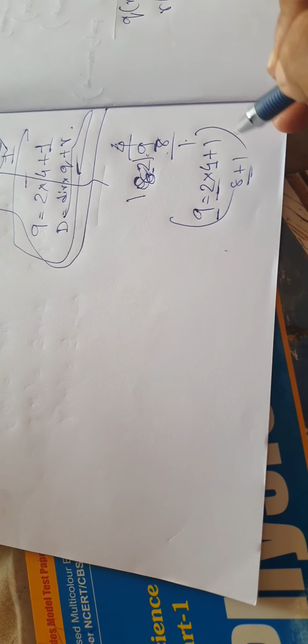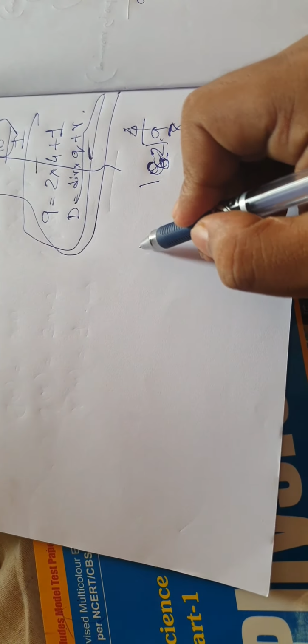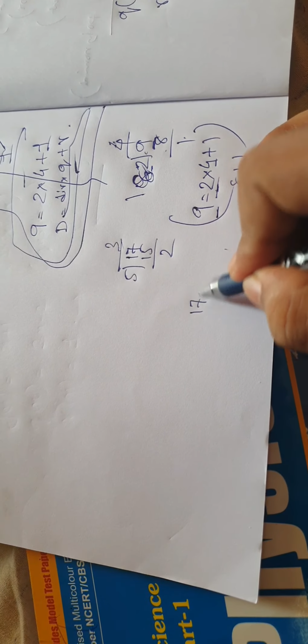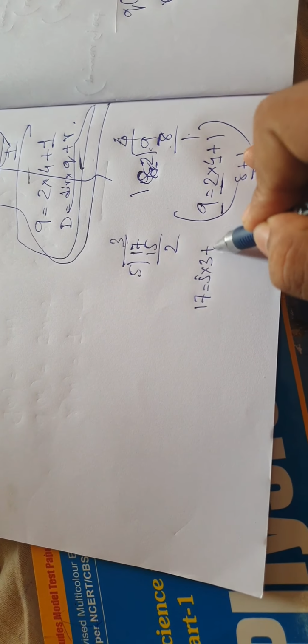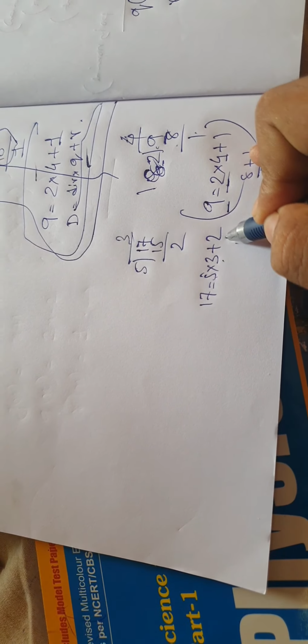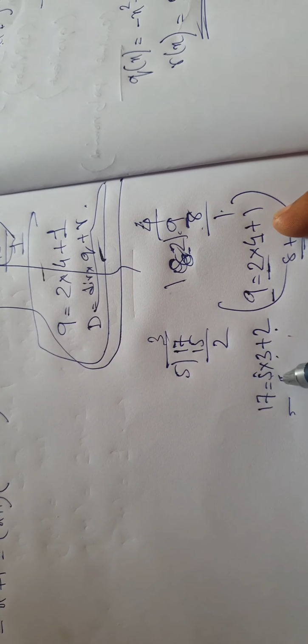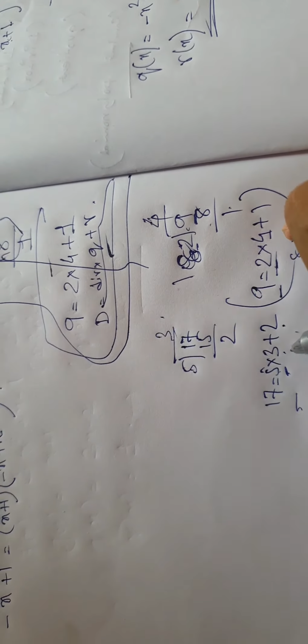So this always follows. Another example, 17 divided by 5. 5 threes are 15, and you get 2. So 17 is equal to 5 into 3 plus 2. So 5 threes are 15 plus 2, 17. So in the same way, the dividend is always equal to the divisor into the quotient plus the remainder. Like you see here, the dividend is always equal to the divisor into the quotient plus the remainder. So f(x) was your dividend. In each case, g(x) is the divisor, the quotient is q(x), and the remainder is r(x).